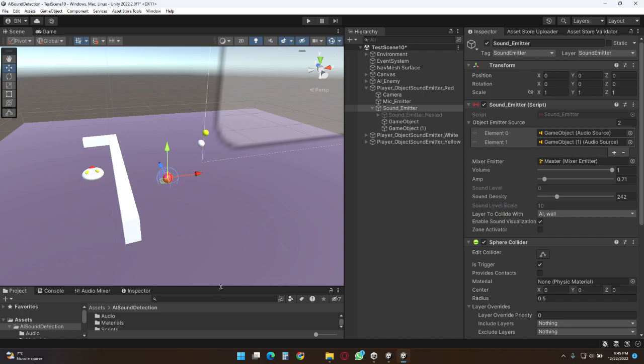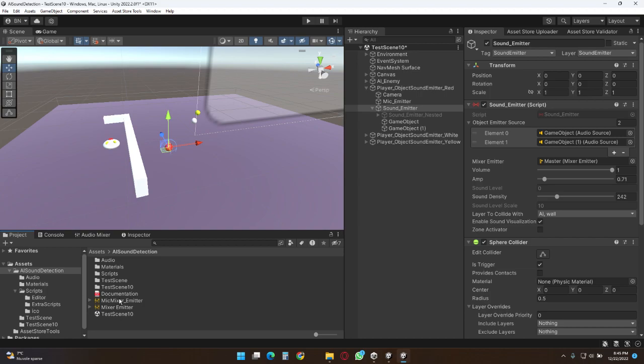How the mixer emitter works and what it is, I will explain in the documentation. There are already 2 examples done here. I recommend using these 2 of them. It's a little bit more difficult to explain about the sound channel,